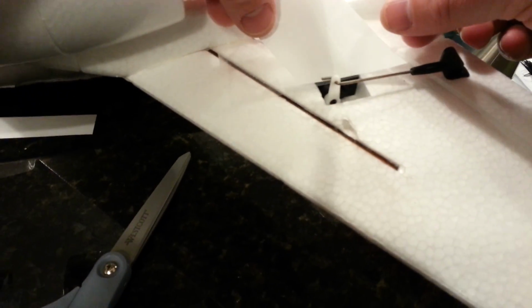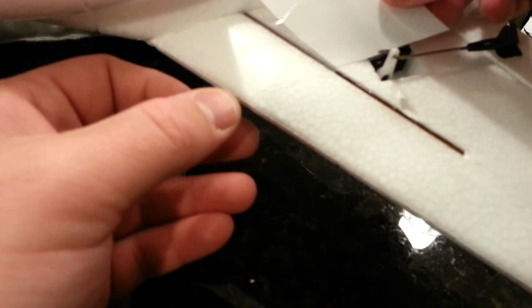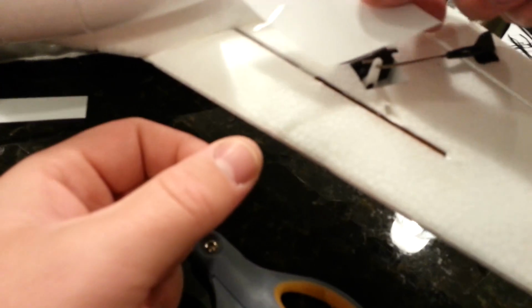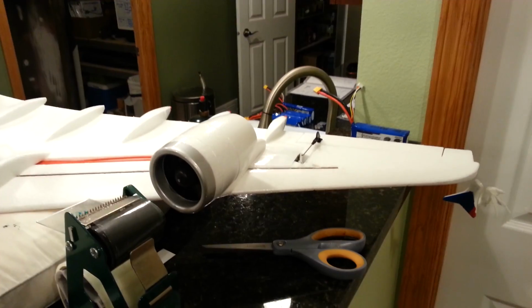Okay. So obviously we don't want to hit that aileron. We don't want any tape on there, on the aileron. I'm just going to trim this down to get rid of this little piece here. Okay. And then since we're going to sneak up into the aileron area, I'm just going to trim this off as well, and just tape it down. You can see the servo, because this big honking black servo adapter, which is fine, and that it's nice and